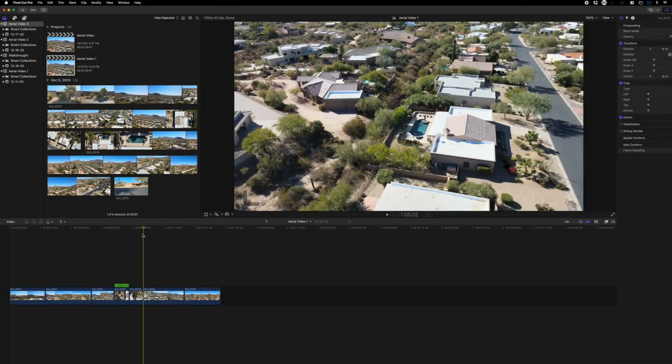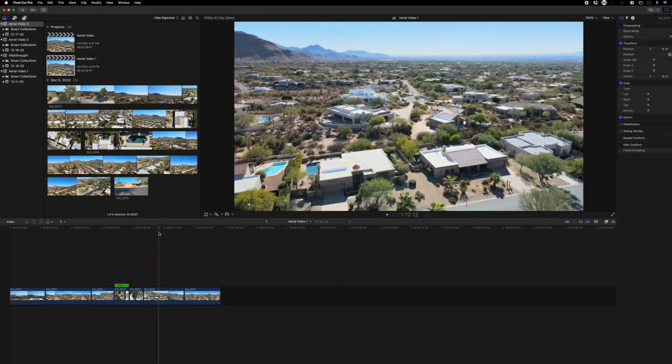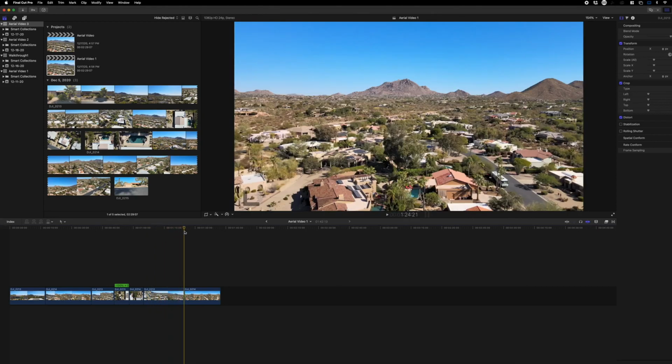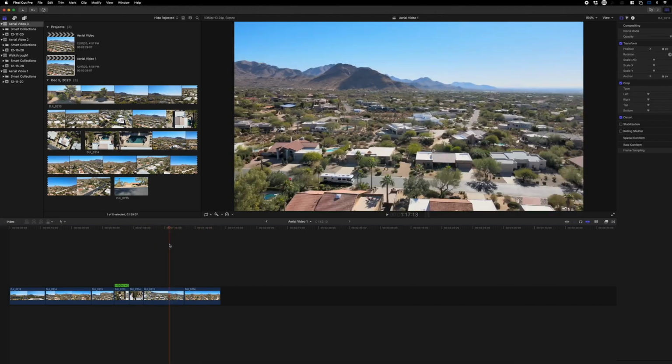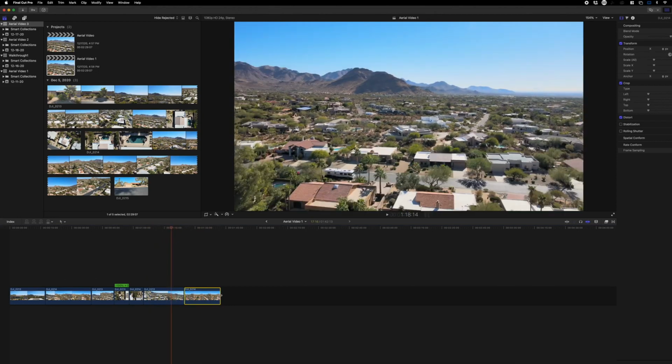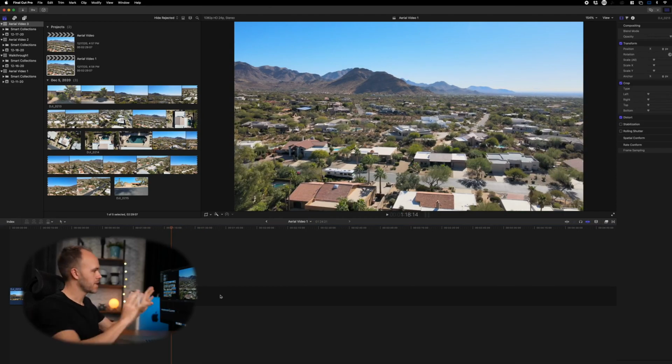I like the movement, you know? You see the pool. Now you get more of a feeling for the neighborhood. I almost feel like we could end on this one right here. I'm gonna get rid of this one. Obviously, if I need to go back and grab those clips, if I decide I need something else, I can go back to the aerial video project and be able to